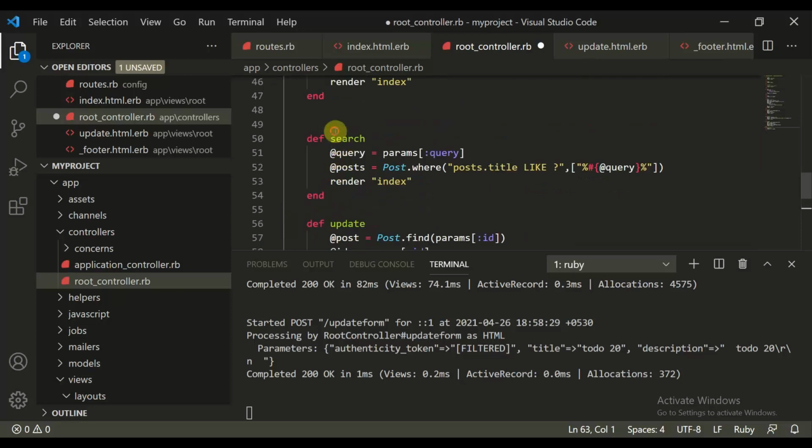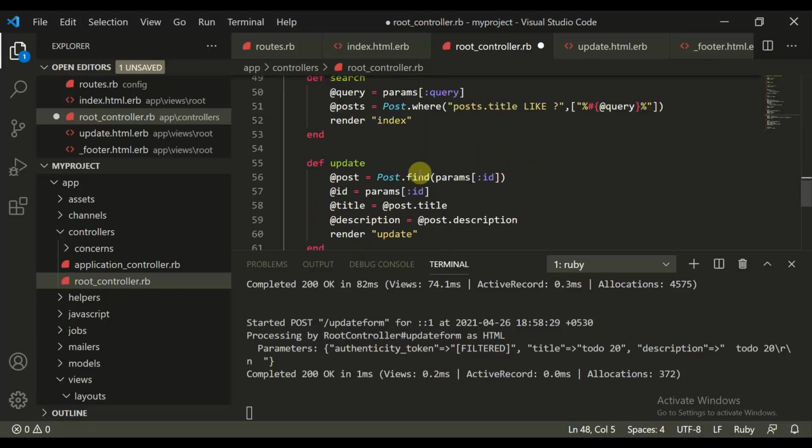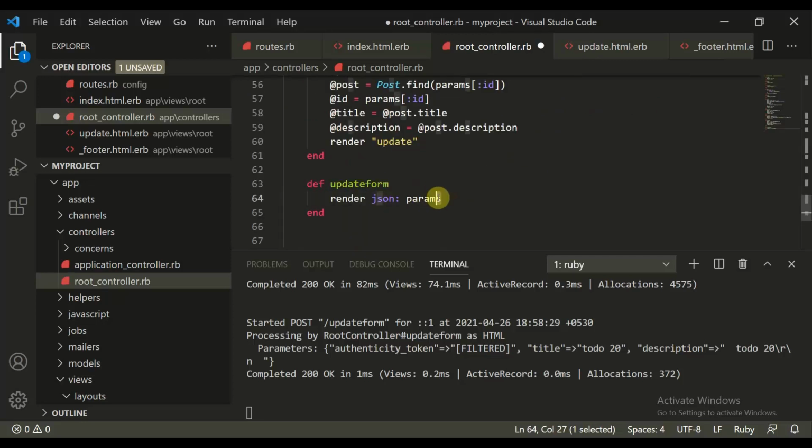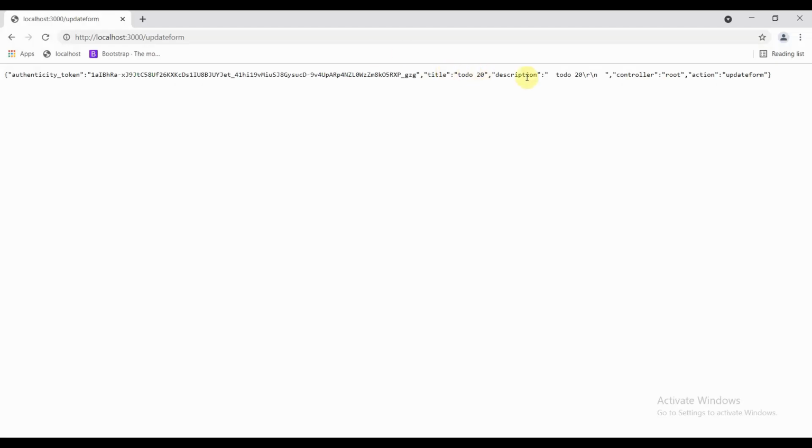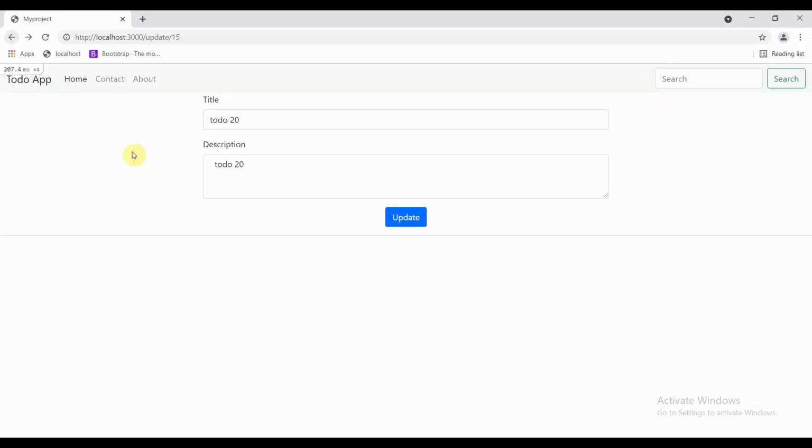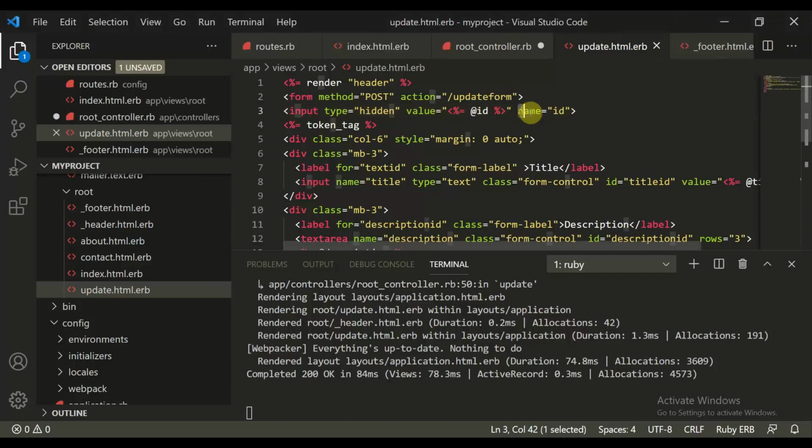So basically what we are doing, first we are fetching the post which we have to update, then we render the data into a form, then we again submit that form. Now you have all the params, the title, description, and the id. We need to fetch the ID. The ID is missing here, so let me check how ID is missing. Hey everyone, I got it, it was a small error. The name attribute has to be mentioned here: name is equal to id. So it's now perfectly fine.